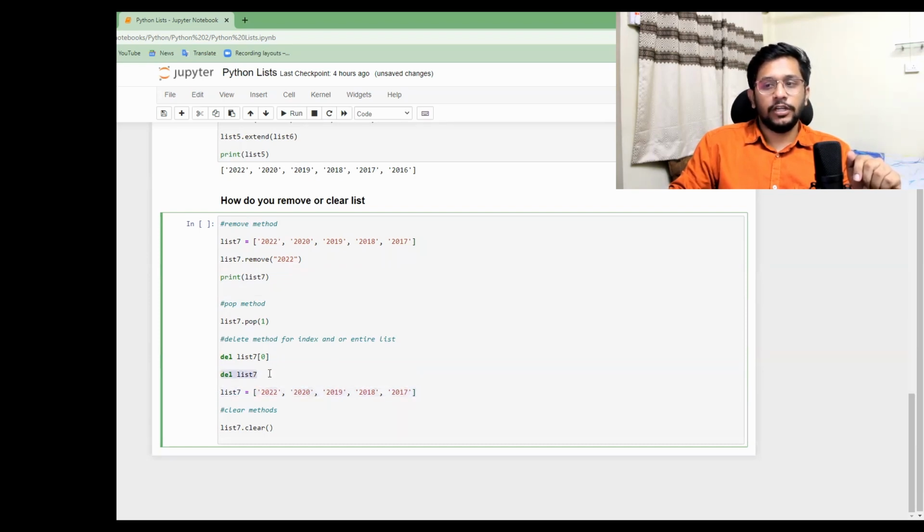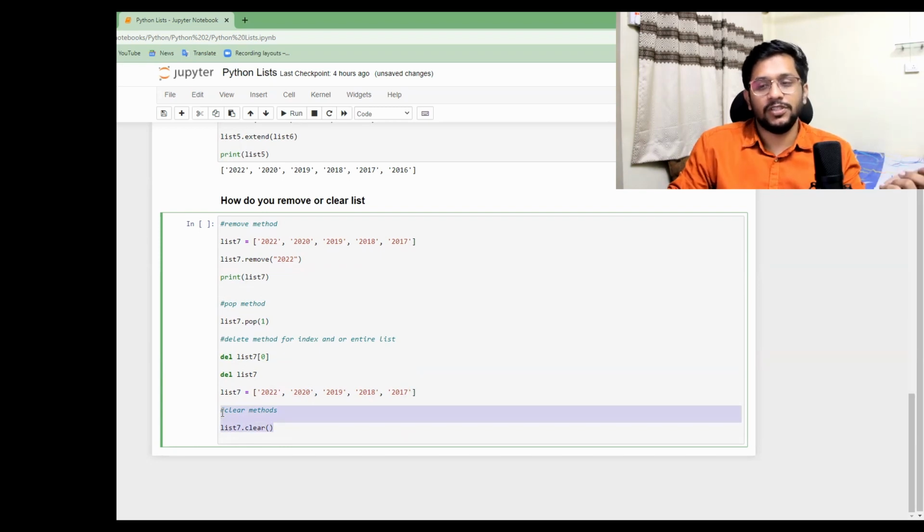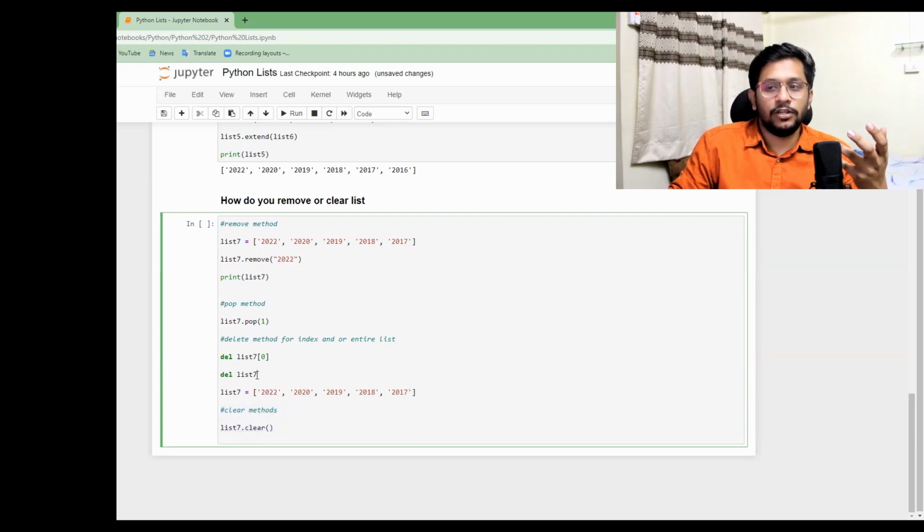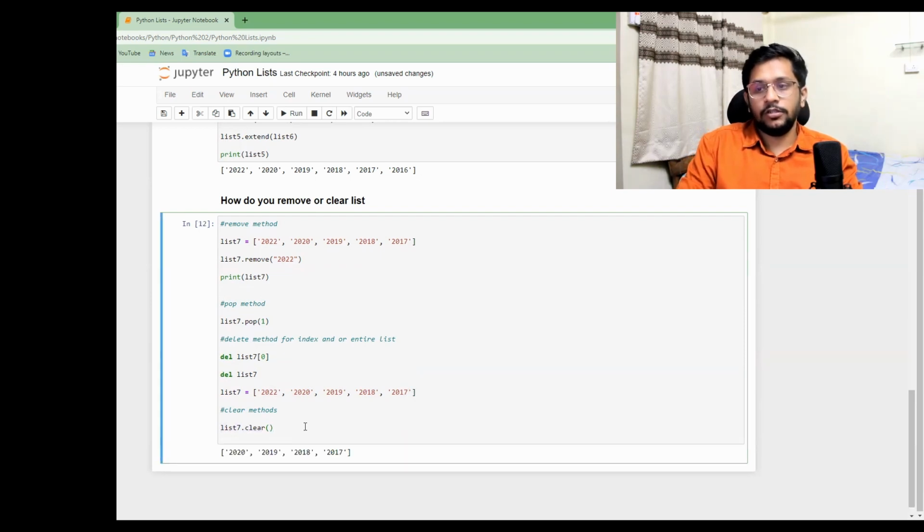It is because we are deleting it here, and for this approach to work, we need a list to be present in the system. These are similar operations where this will wipe up the memory. It will just empty the list. If I hit Control Enter, you'll see just one output, because this is the only output we will have. Like I mentioned, 2022 will be removed.